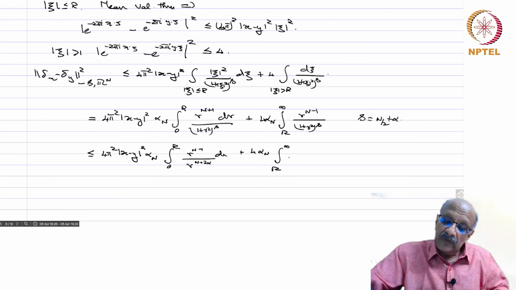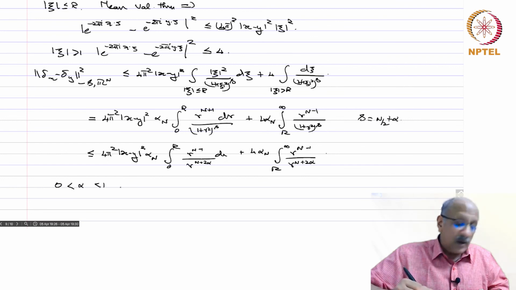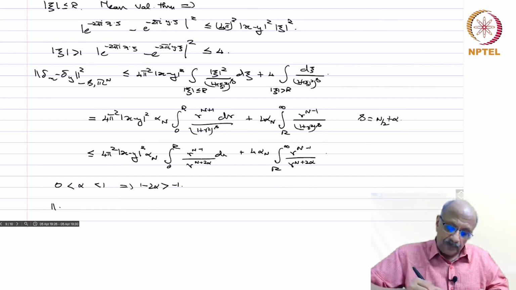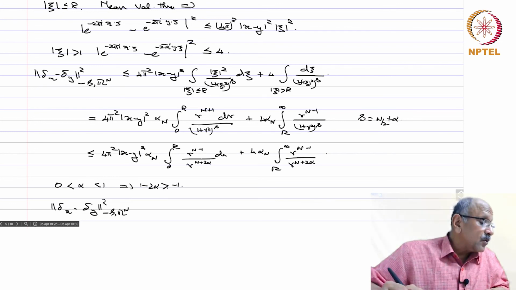The same thing we will do: we will have r to the n minus 1 by r to the n plus 2 alpha. Now 0 less than alpha less than 1 implies that 1 minus 2 alpha is bigger than minus 1. So the norm of delta x minus delta y squared in H to the minus s of R^n is less than or equal to